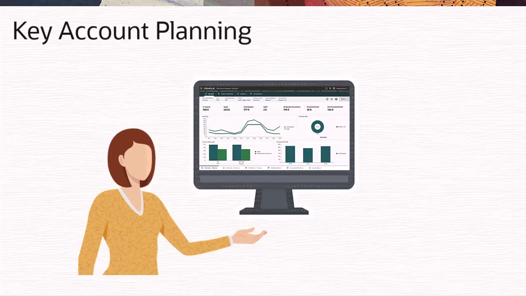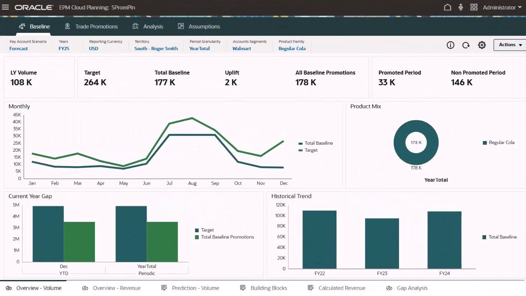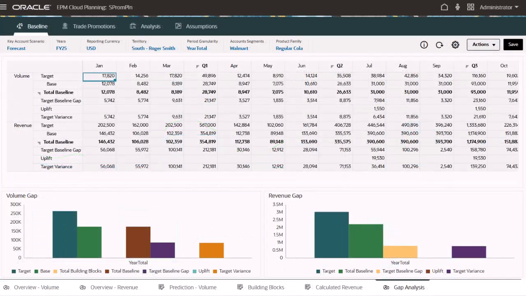Key account planning extends the capabilities of Oracle Sales Planning to let you model and plan baseline sales and trade promotions for key accounts and products based on forecasts, what-if scenarios, and desired outcomes. Perform gap analysis to test and select promotion options, then build your promotion with customizable blocks like pricing, placement, product,